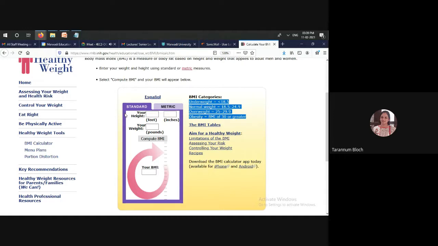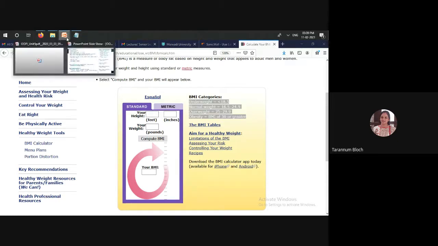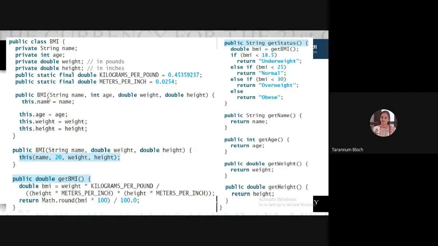And now we are talking about the same system. Suppose I have a fitness center and I am measuring the health of my clients. I need to take their name and age both in order to remember whose weight or whose BMI was what, right? So for that purpose, while creating the object, we are using the BMI constructor. We have taken a parameterized constructor and taking name, age, weight, and height in the arguments. We are now aware of this. This will assign the values, right?